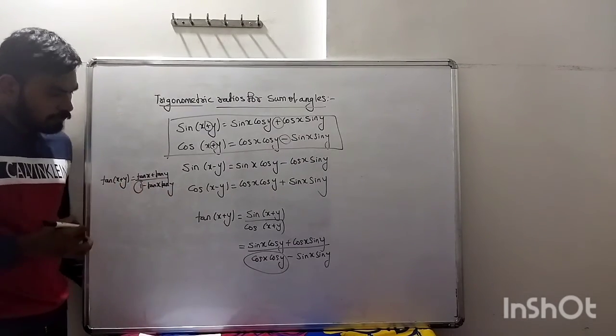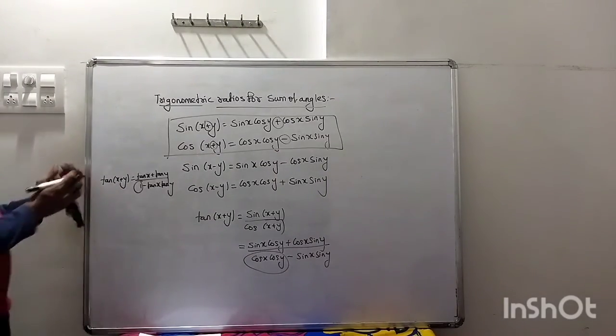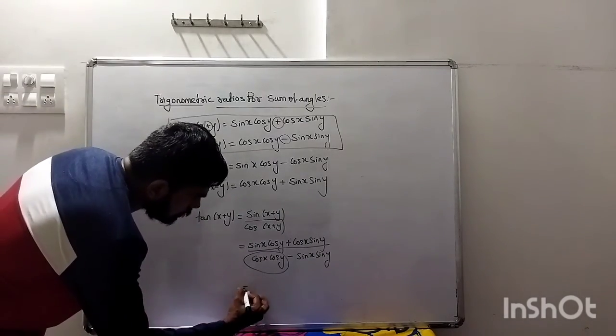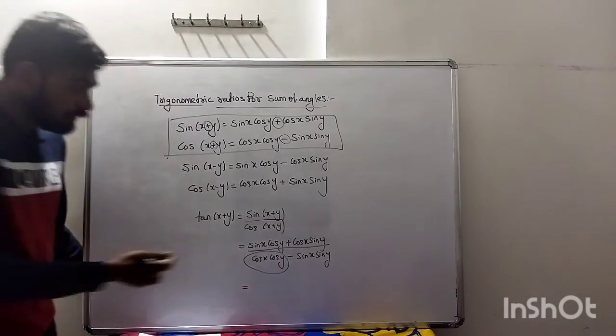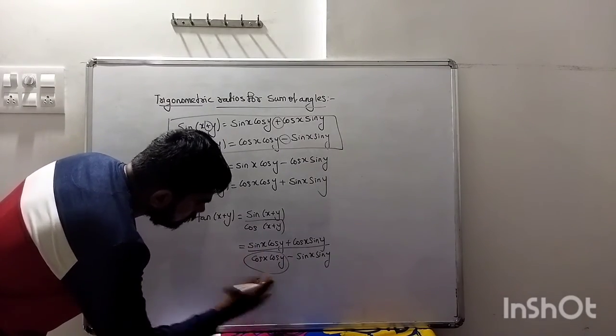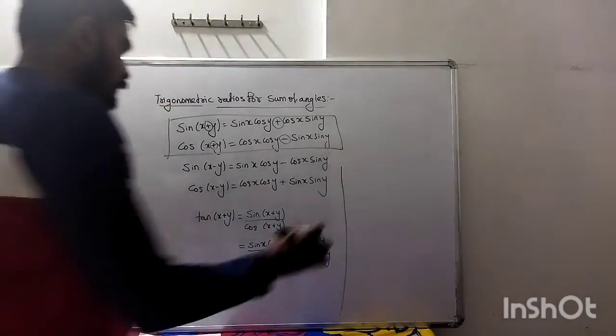So this must become 1, that's why I am dividing everywhere by cos x cos y. In other formulas also see like this. I won't go into the details of these formulas, I don't have time now. So I'll just divide this by cos x cos y. See, if I divide this by cos x cos y, what will I get? I'll write it here. I'll only show this proof, won't be able to do everything now.